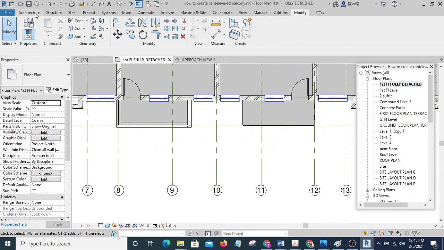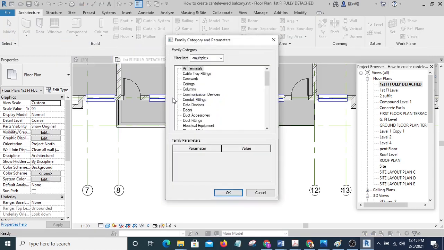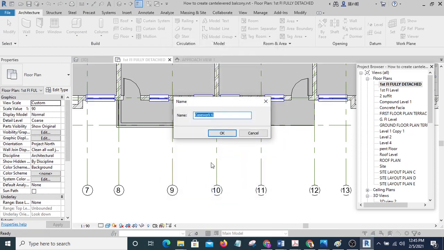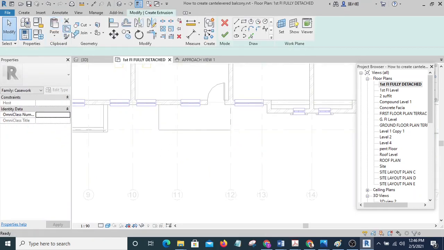You go to architecture tab in your ribbon. Then you go to component, you go to model in place, you select casework, then you hit OK, you give it a name. Then you are going to select extrusion.